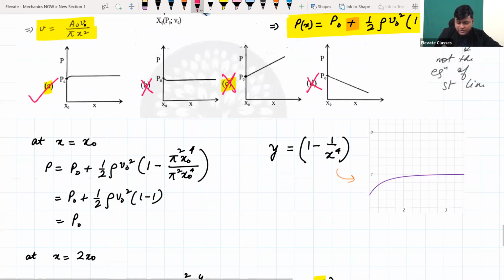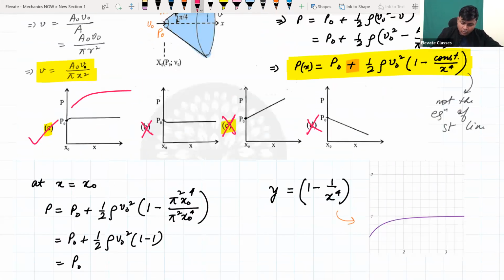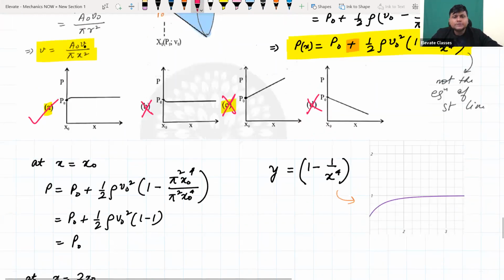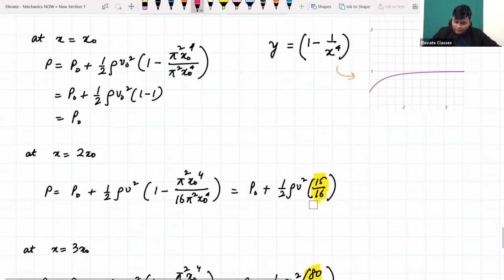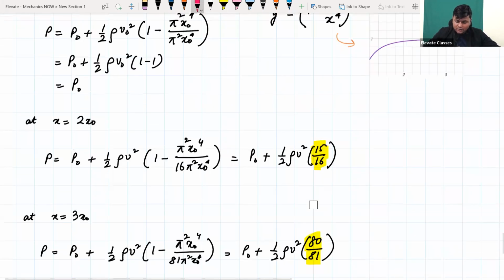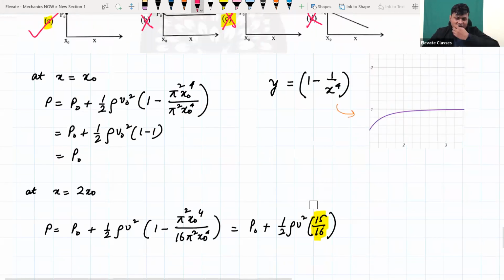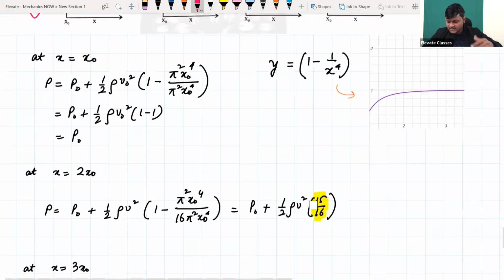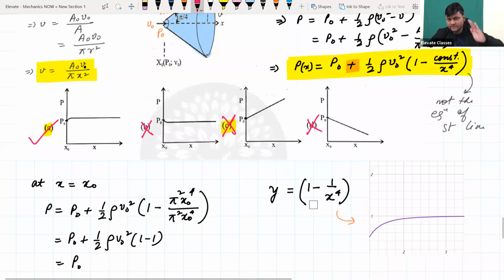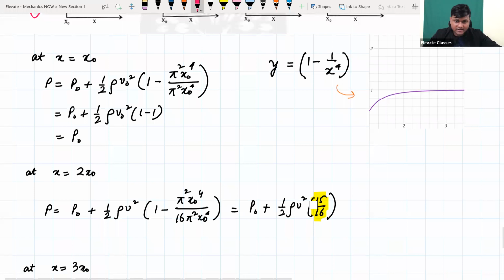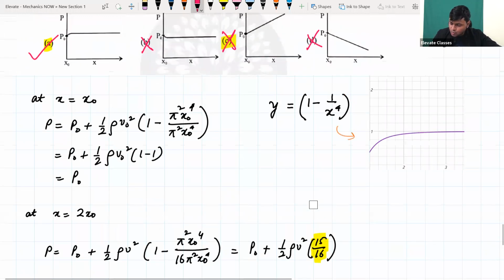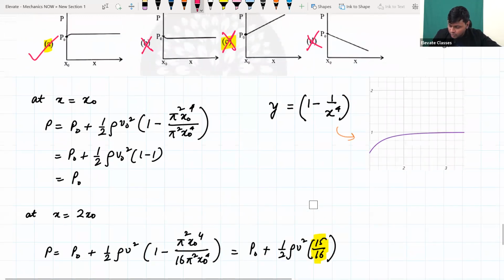it will go up, then a saturation will come, because here there is an x to the power 4 term, and here it is also -1 by x to the power 4. So graphically also it's obvious, but if you don't have a graphical tool, then with a bit of trial and error, looking at particular fixed points, you can remove options. That is not a straight line. It's in fact a term that sort of the greater, so 1 minus 1 by x to the power 4